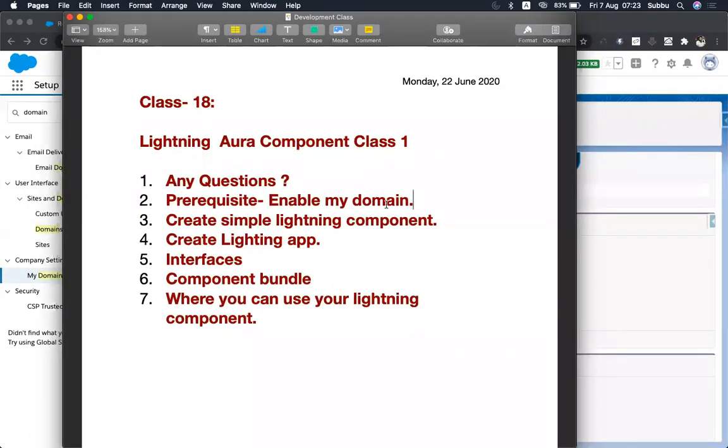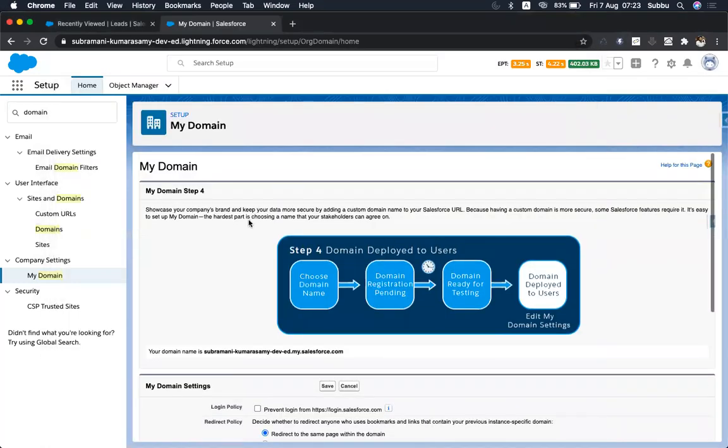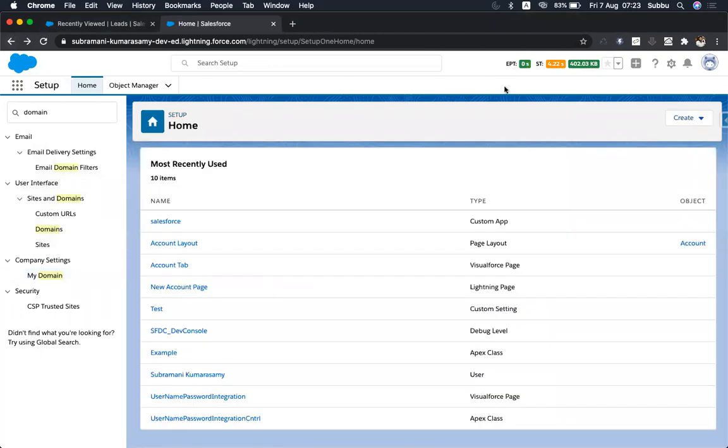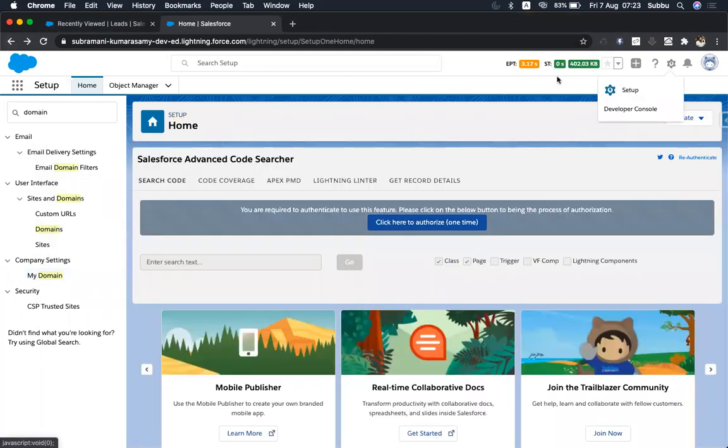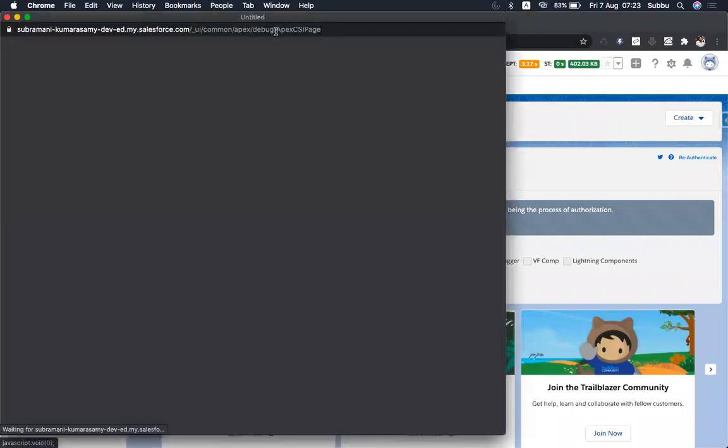Okay, so if you understood, we can start creating a simple Lightning component. So how will you create a Lightning component? You will go to the Lightning developer console.